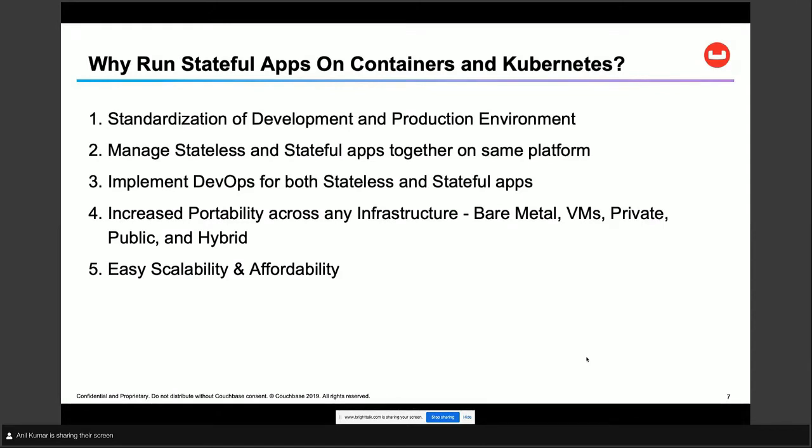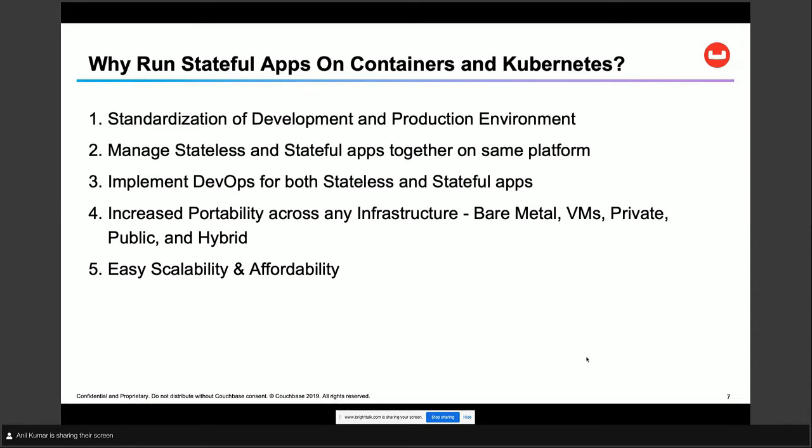Before, with containerization, they transformed their applications into a microservice architecture, and they were able to run their applications as containerized applications on Kubernetes, whereas their database, which is a stateful application, was running on legacy systems, which were bare metal or VMs, and that created a silo between the two infrastructures.